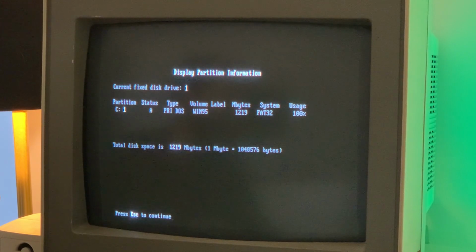After the partition is created, you should be asked to reboot with the Windows disk still in the drive. Then you need to format the partition with format C colon. At this point, you can start the Windows install.